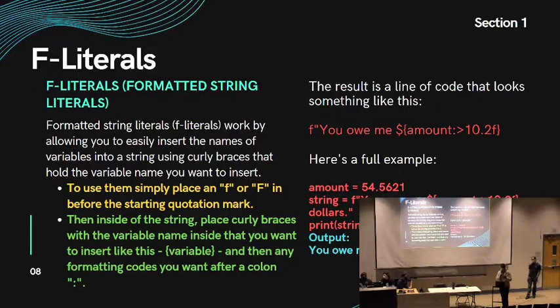You put an F in front of the first opening quotation mark, and then inside of it, you put curly braces with the variable name that you're trying to insert at that spot. Furthermore, if you do want to format output, then you add some format specifiers next to the code. If you look at the example right here, this will output